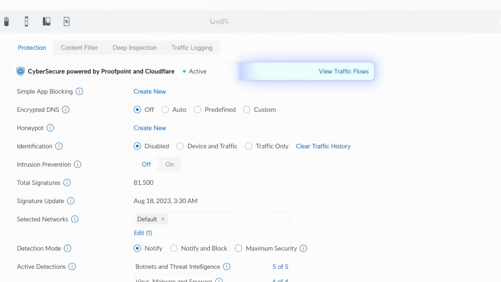Content filtering in UniFi network is surprisingly powerful, and there's a lot that you can do with it. But which features are included for free versus what do you get with the paid CyberSecure filtering? In this video, Crosstalk's own David Barger is going to break down the different types of content filtering in UniFi